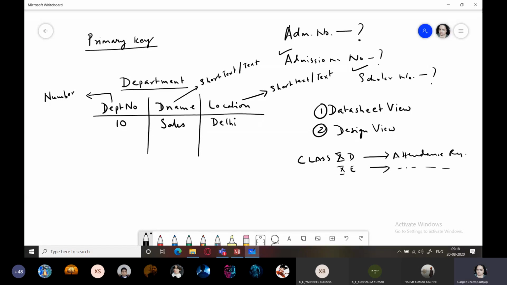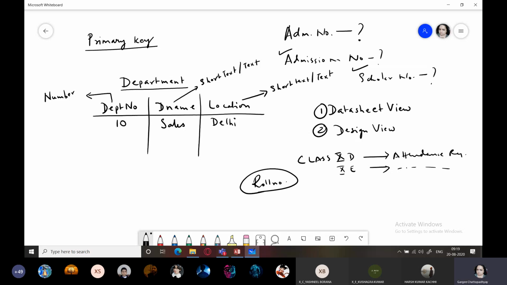Now it's been over 4 or 5 months that we are taking classes from home, but now also teachers are taking attendance every day. Okay. Had it been the school environment, you would have seen your class teacher comes into the class and she has the attendance register where she calls out your names and writes present everywhere. Now that attendance register contains your information and every student has something known as a roll number.